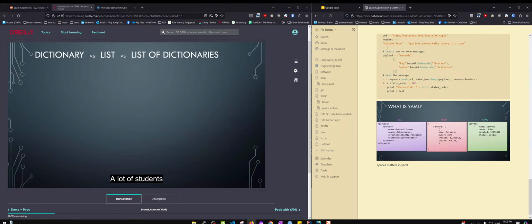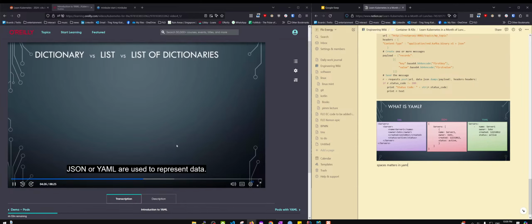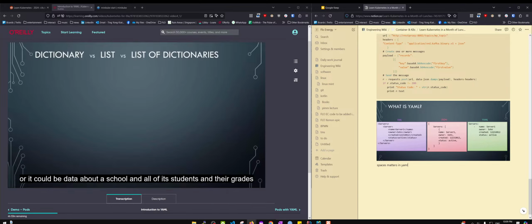A lot of students new to YAML have reached out to me asking when to use a dictionary or a list. So let me explain this a little bit better. First of all, it is important to understand that all of what we discussed so far, such as XML, JSON, or YAML, are used to represent data. It could be data about an organization and all of its employees and their personal details, or it could be data about a school and all of its students and their grades, or it could be data